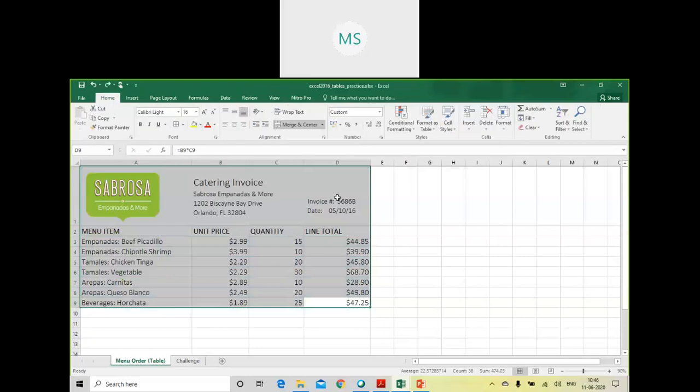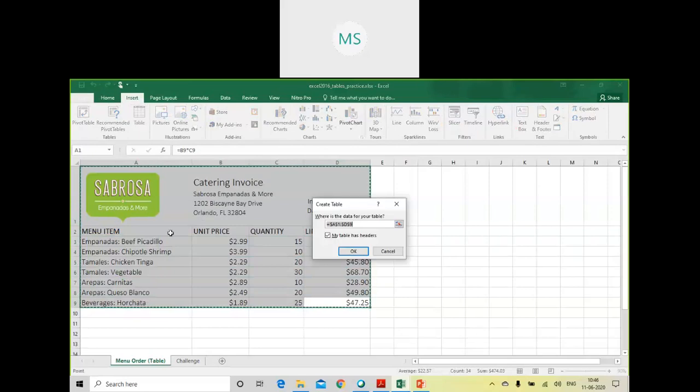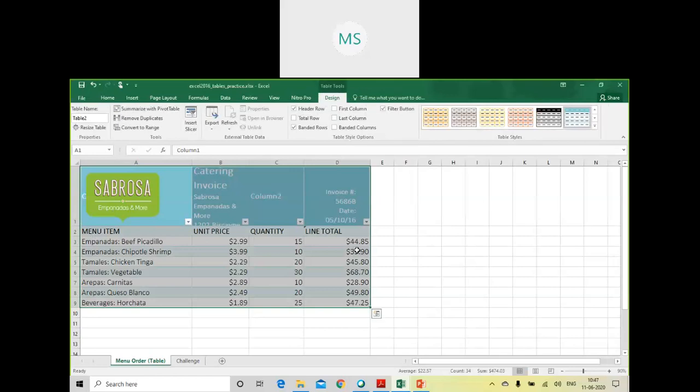Now I undo the entire operation and do the same operation again. I go to Insert, I go to Table, and just see what it says in the selected range: "My table has headers." It has been checked by default. When I uncheck it, it will insert another header. Instead of that, I need to use the same header I inserted earlier, meaning menu item, unit price, quantity and all need to be treated as the header only. So I check that option and click on OK. The moment I do that, this is how it creates.